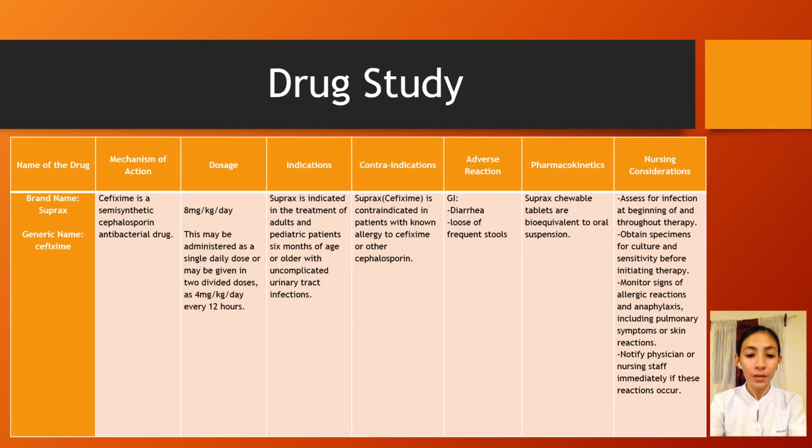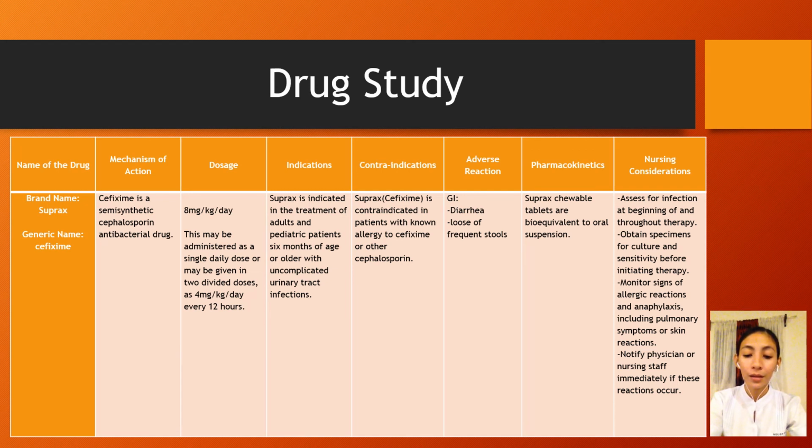Next drug is cefixime, Suprox, which is also an alternative antibiotic for UTI. The name of the drug, brand name is Suprox and the generic name is cefixime. The mechanism of action, cefixime is a semi-synthetic cephalosporin antibacterial drug. Dosage is 8 mg per kilogram per day, and this may be administered as a single daily dose or may be given in 2 divided doses as 4 mg per kilogram every 12 hours. And for the indications,